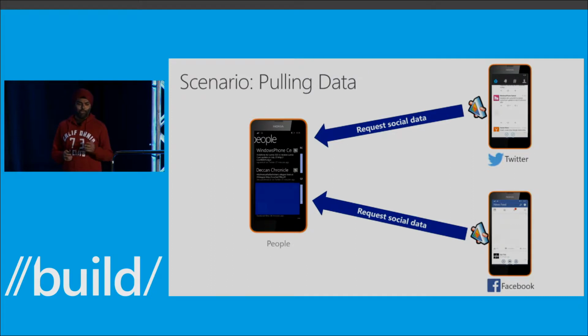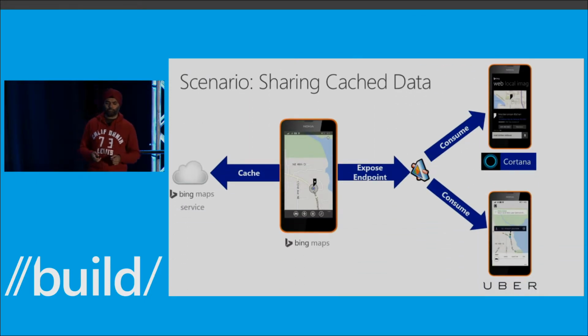So the People app, for those of you who've used Windows phones, is kind of our address book app, but it's so much more than that. It can also pull in news feeds for your contacts, provided you have Facebook or Twitter or wherever your contacts live installed. And the way that works is that the People app invokes an app service that Twitter or Facebook provide and pulls in that data. And it can also pull in other stuff like contacts and tile updates and all of that stuff. In the past, your apps have not been able to do what the People app can do. Well, they can now.